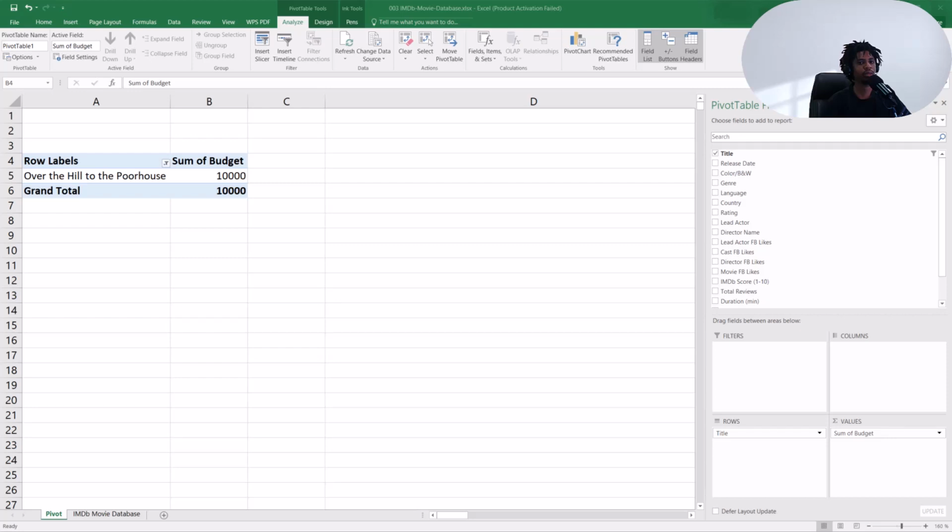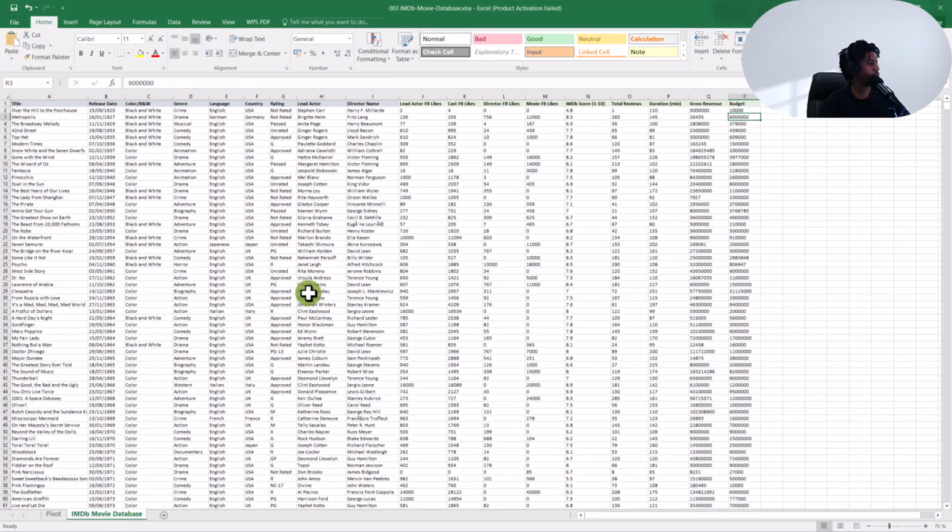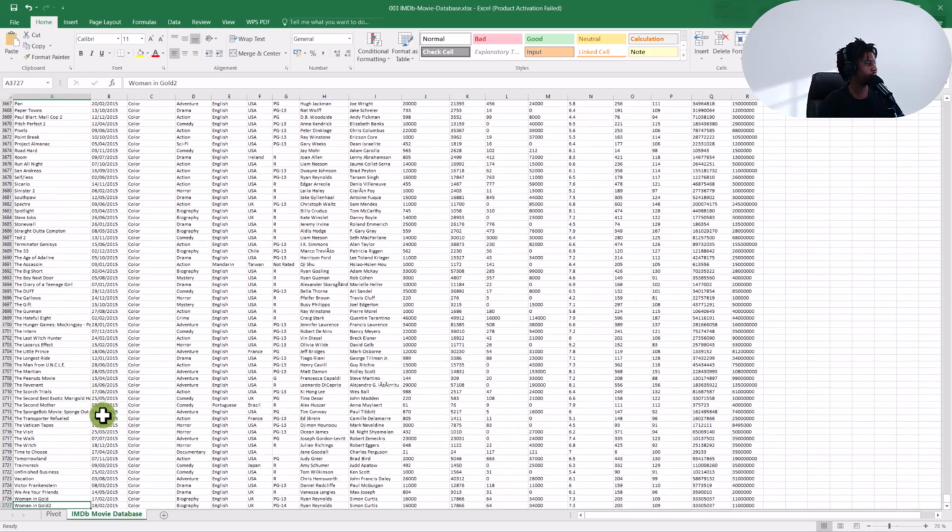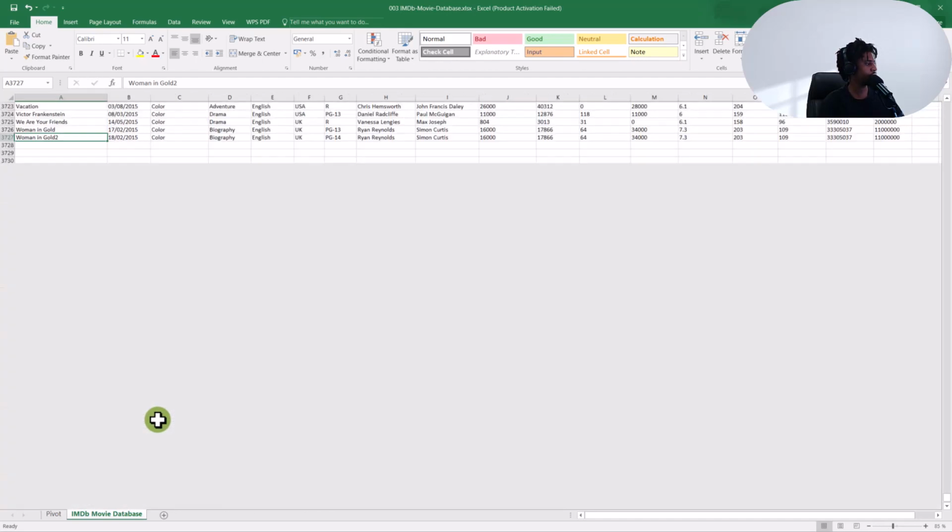Alright, so let's go ahead and add new data to our already existing raw data and see how it updates when we refresh the data. So back to my raw data. Head back to the raw data, still working with the same movie. Let's see what's the last movie on the data set, the last title. So the last title, if I should zoom in,